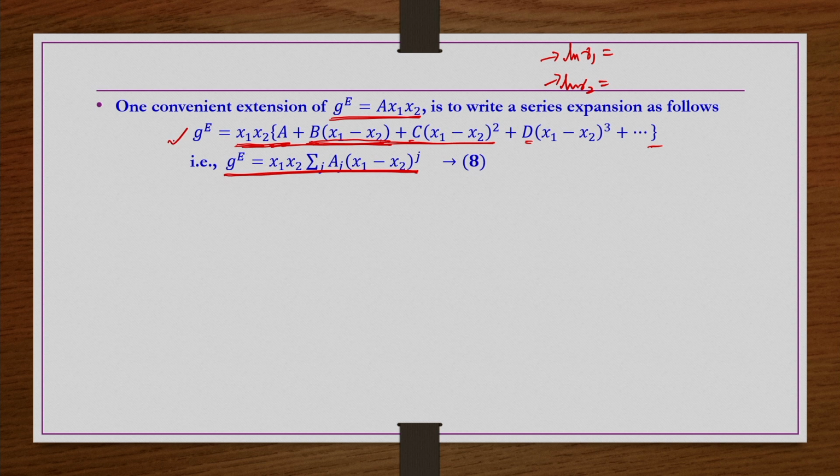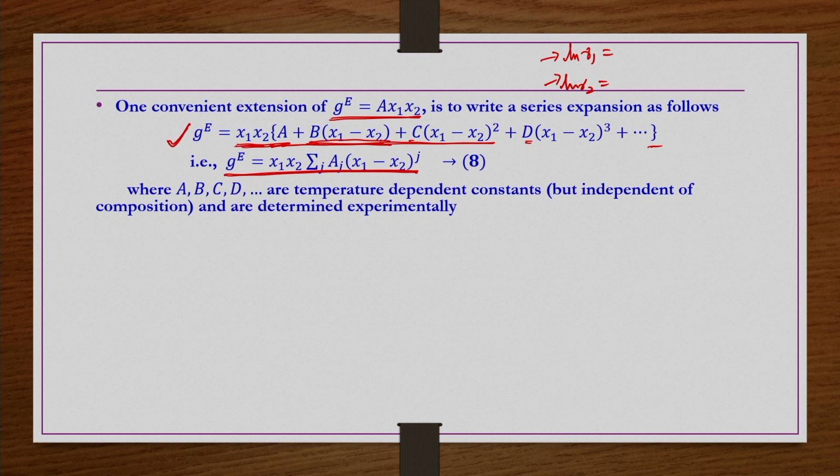So, now what we do, we take this equation and then try to obtain the ln gamma 1 and ln gamma 2 forms, okay. Here again A, B, C, D are the temperature dependent constants, but independent of the composition, and they have to be determined experimentally obviously. That is, let us say A, how did you find out that gamma 1 infinity is exponential of A by RT? So, you can have a solution with component 1 in a very small quantity, so that you can say that infinite dilution conditions are there.